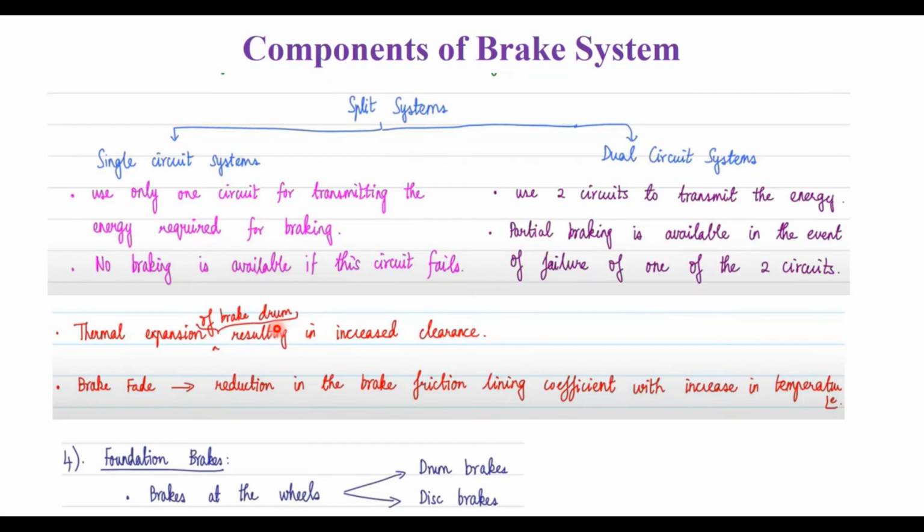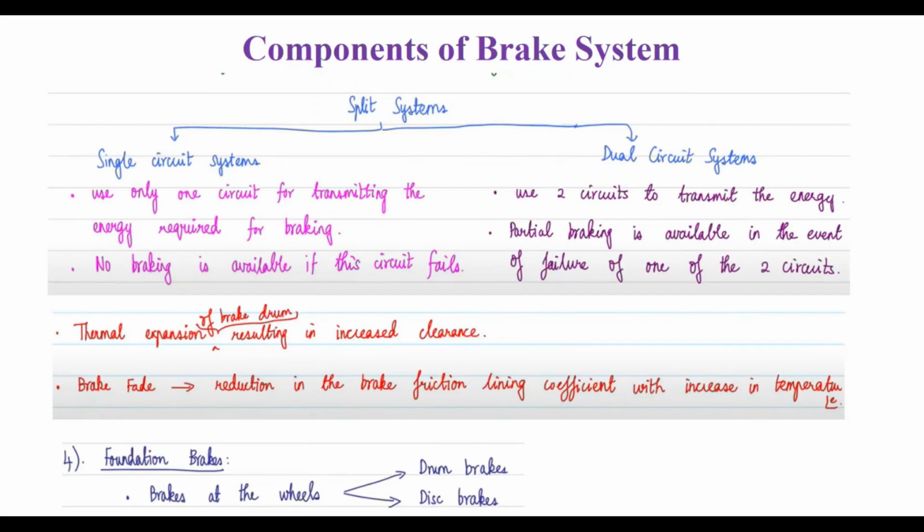You have the thermal expansion of the brake drum, which results in the clearance increase. And we also know that there is one more parameter called the brake fading parameter, where there is a reduction in the brake friction lining coefficient with an increase in the temperature. So when there is an increase in temperature, what happens? Not only will the thermal expansion of the brake drum increase the clearance, but there is also going to be a brake fade,